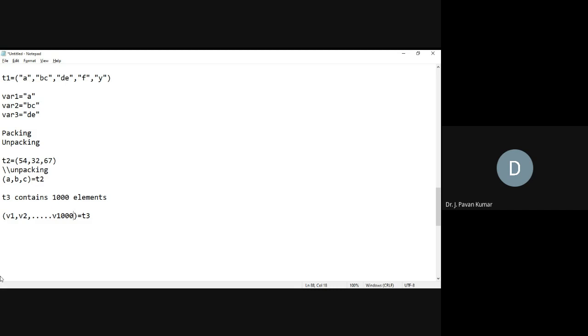Okay. Now there is a flexibility that suppose we want to take only the first 2 elements into variables. Try to understand, we have 1000 elements in the tuple. We want to consider only the first 2 into variables, and the remaining all we will consider as a list or tuple, such kind of thing.